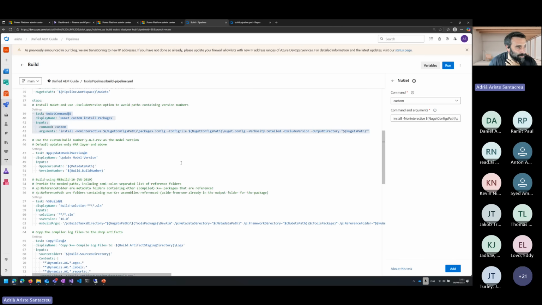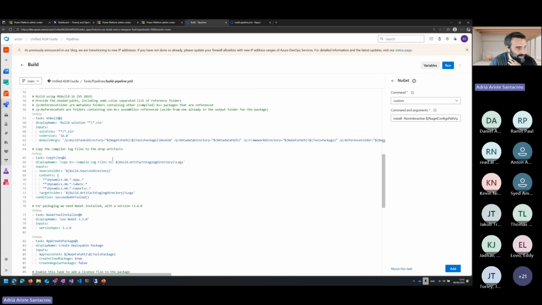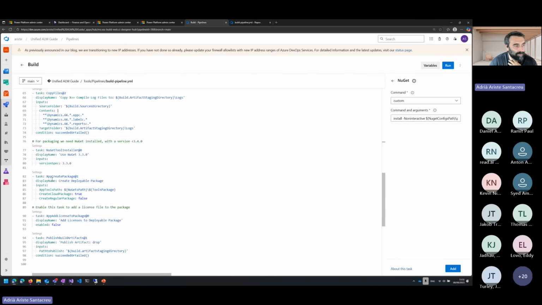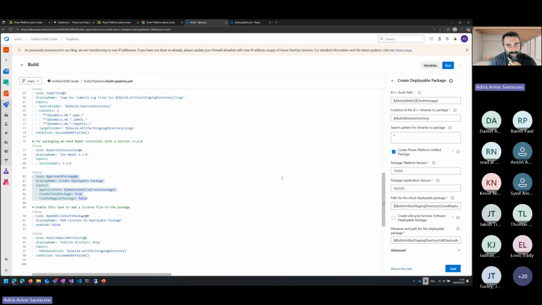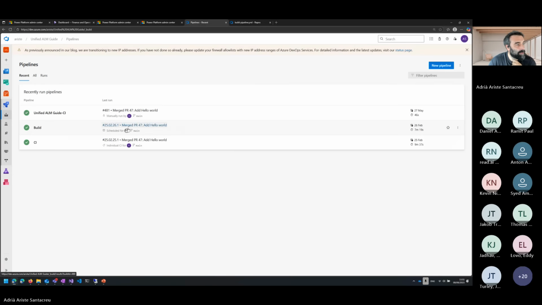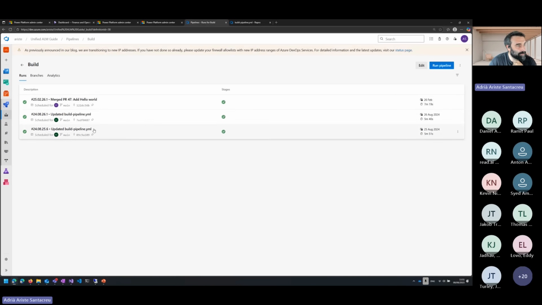And what I wanted to show you for the build pipeline is this. On the create deployable packages tab, we have this new option for the create deployable package task. If we select this, we can still select the create LCS deployable package, which will create the zip file that we are used to, and this will create a different type of package. And I think I can show you, yeah,